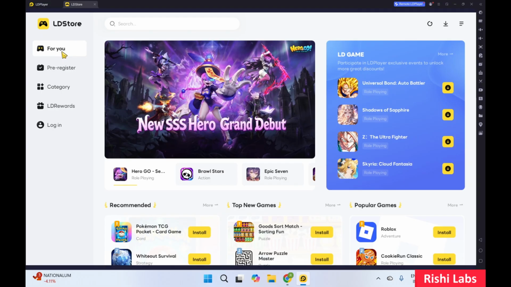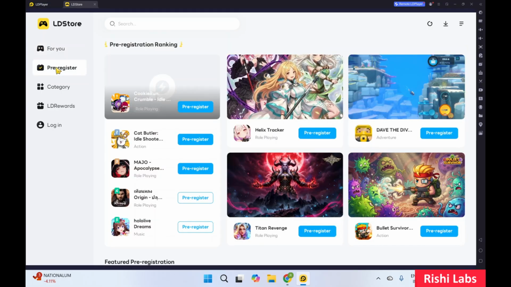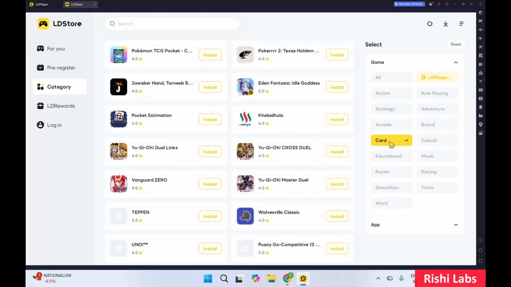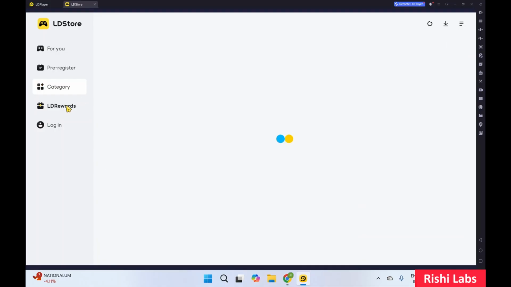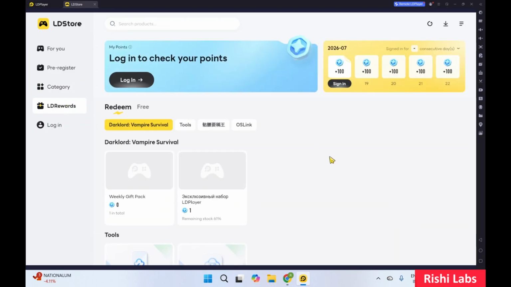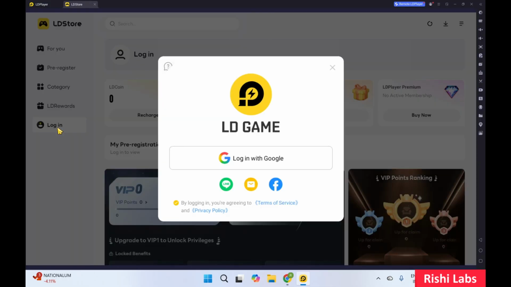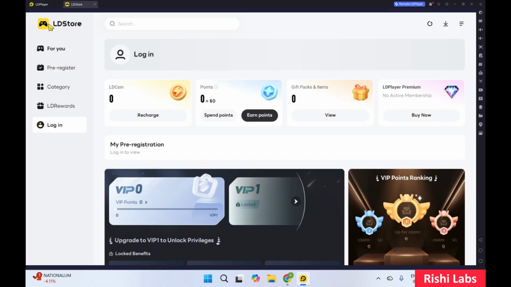There are different sections for you. Then pre-register, you can pre-register any upcoming games. In category you can see the different categories and you can filter it. If you want card games, you can select this. Then LD rewards you'll be able to see in this section. And in login, if you select this, you'll be able to log in with your Google account. So let's go back